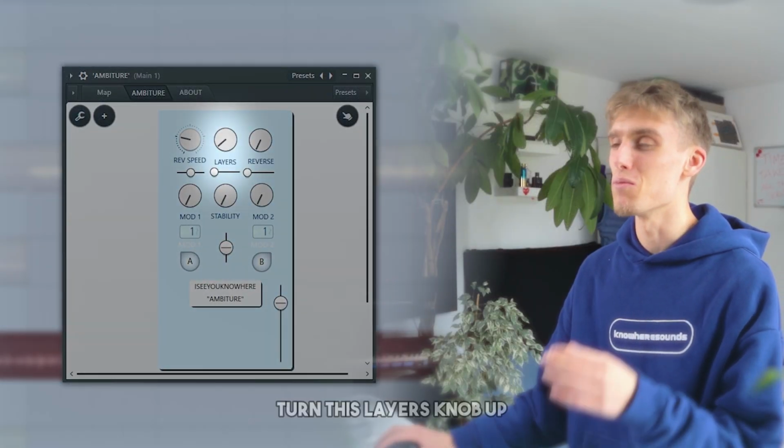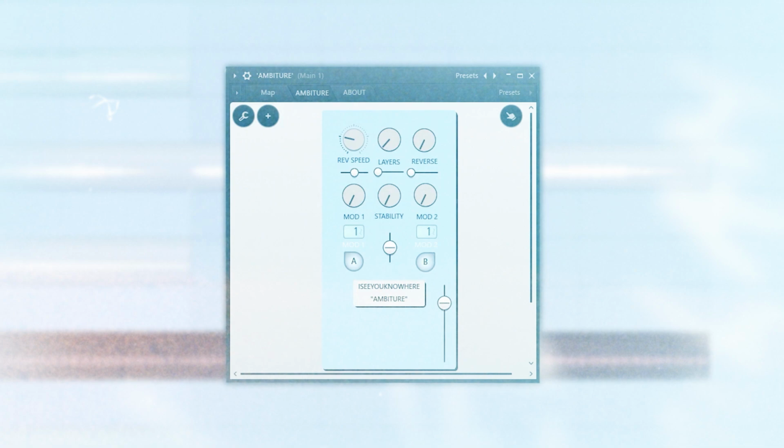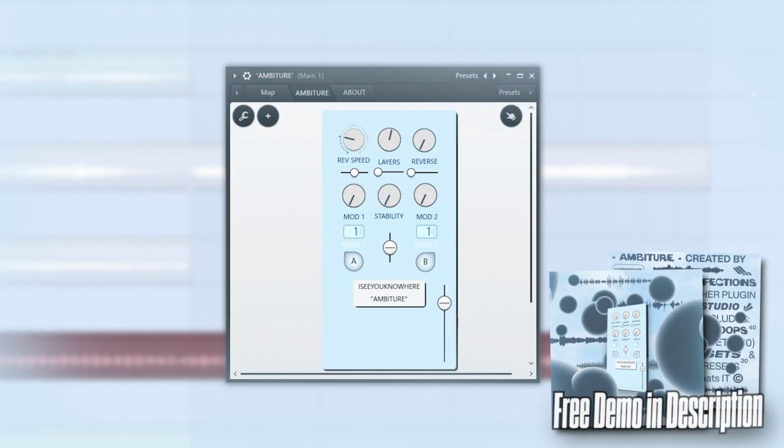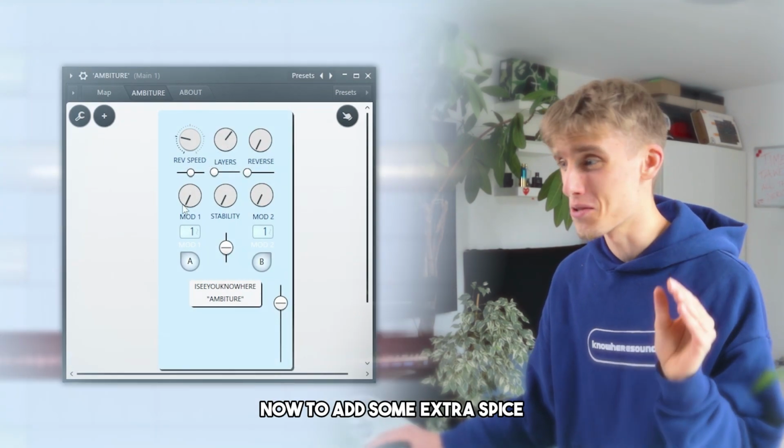Turn this layers knob up, which basically just blends in a higher octave of your original signal. So now to add some extra spice,